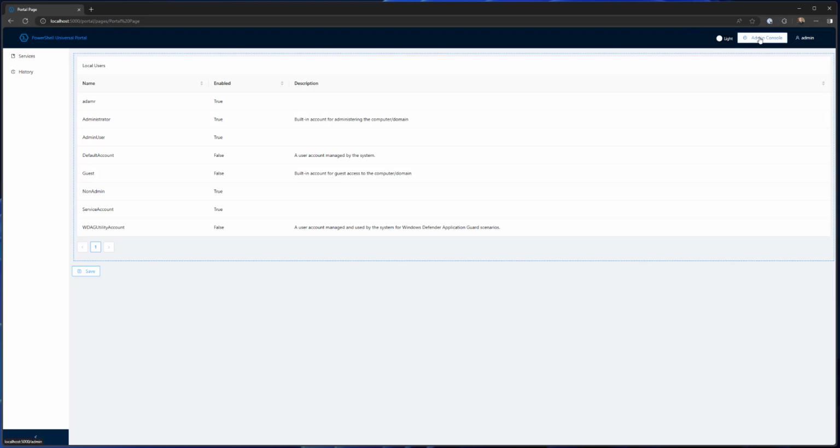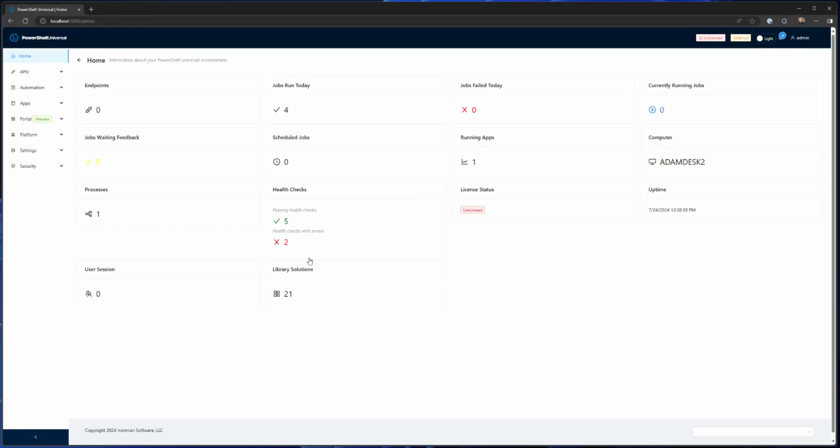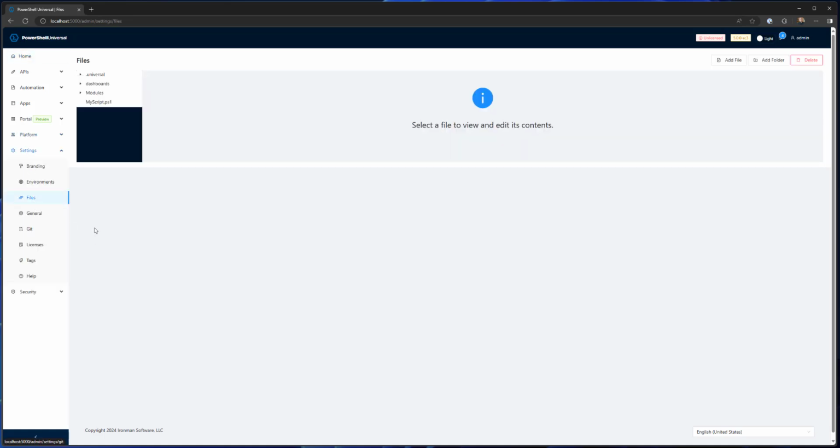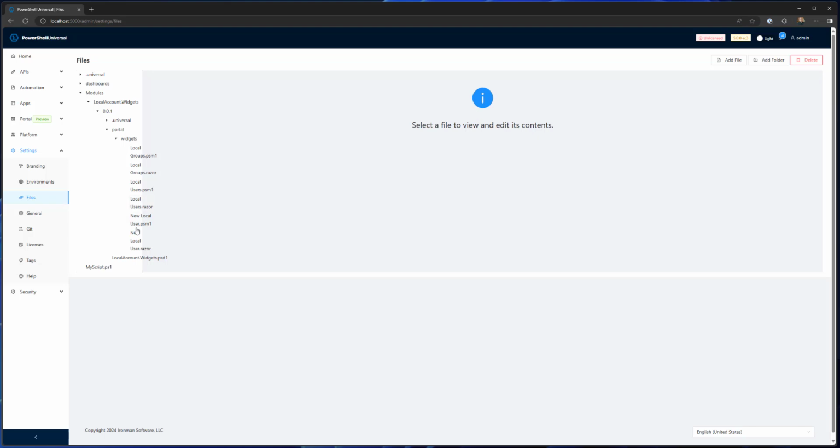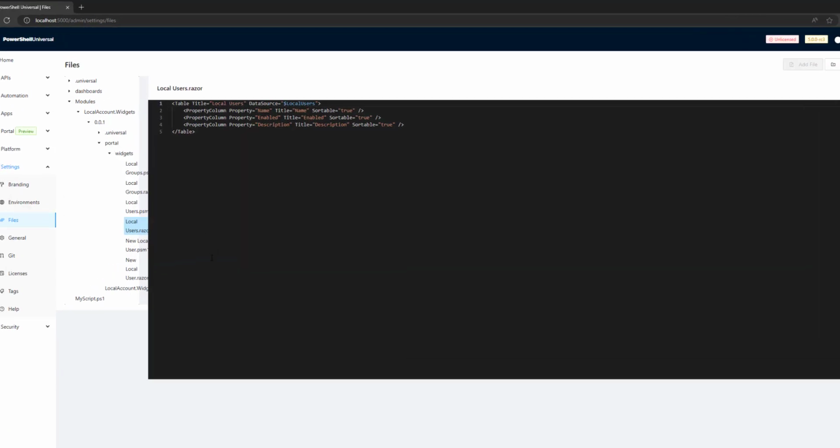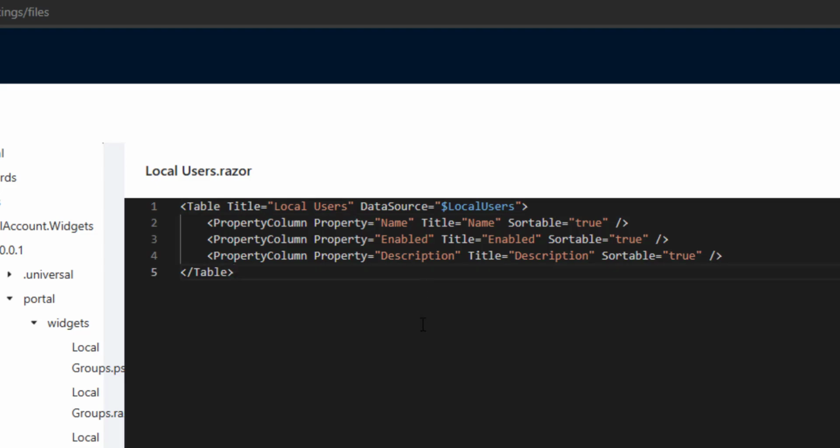Now, what's cool about this whole system is that these widgets themselves are actually built with what we call PSBlazor and PowerShell. If you go into this modules directory, you can look at the code for this particular widget. If I go to portal widgets and look at the local users one, this is the definition of that table. As you can see, it has a table definition and 3 column definitions. Each one of these is a different column that we saw in the page, and whether or not they're sortable. There's a whole bunch of properties that you can set for these